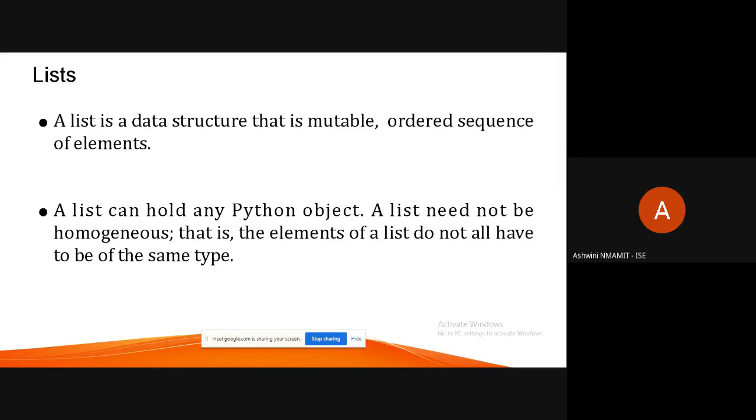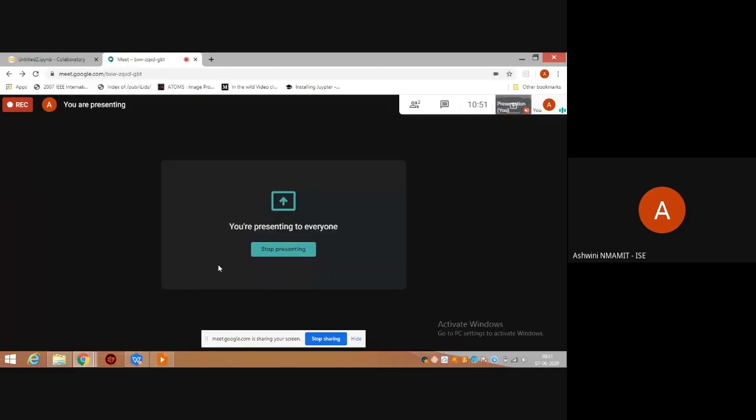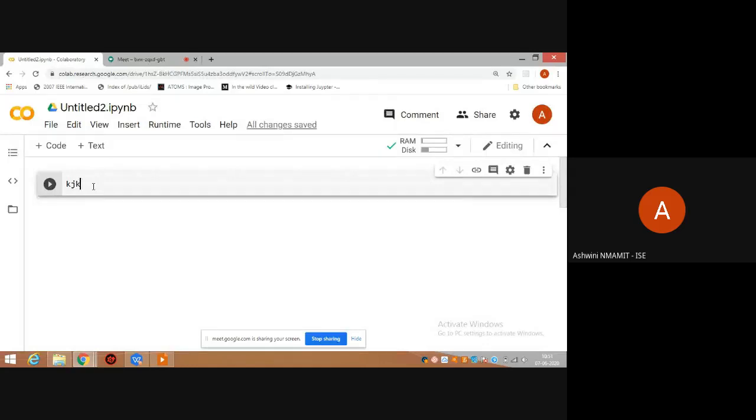Just like when we discussed arrays, we say that arrays should contain similar elements. So if it is an array of integers, then I cannot include characters. Similarly, if it's an array of characters, then I cannot include an integer there. But in lists, in one single list, I can have an integer as well as a character. How do we create a list? We'll directly go to the demonstration and check out the different features, creation of list, and the methods, everything.